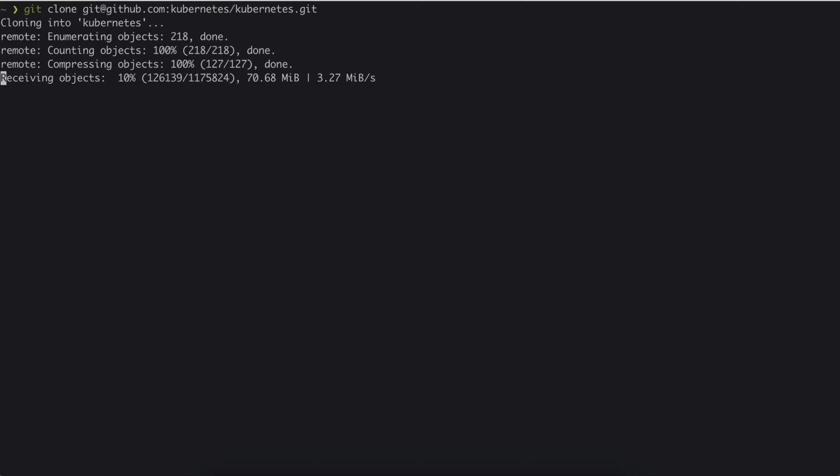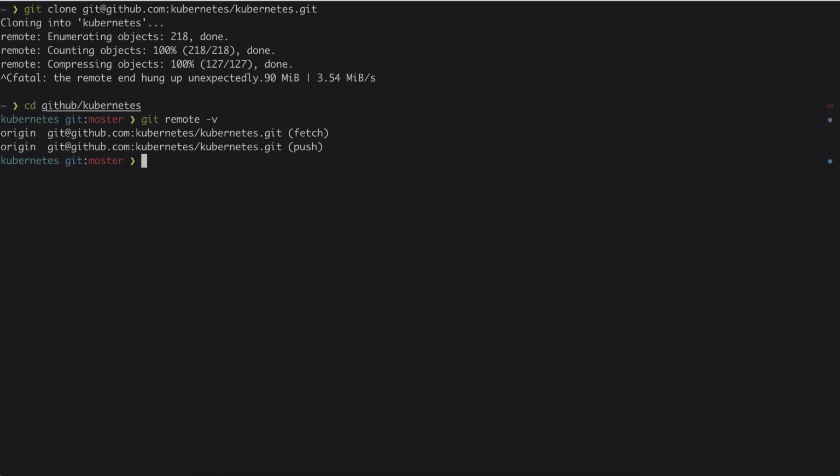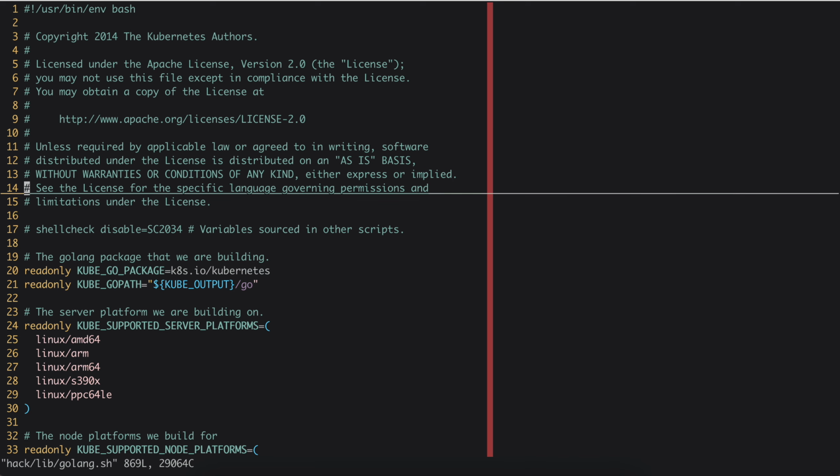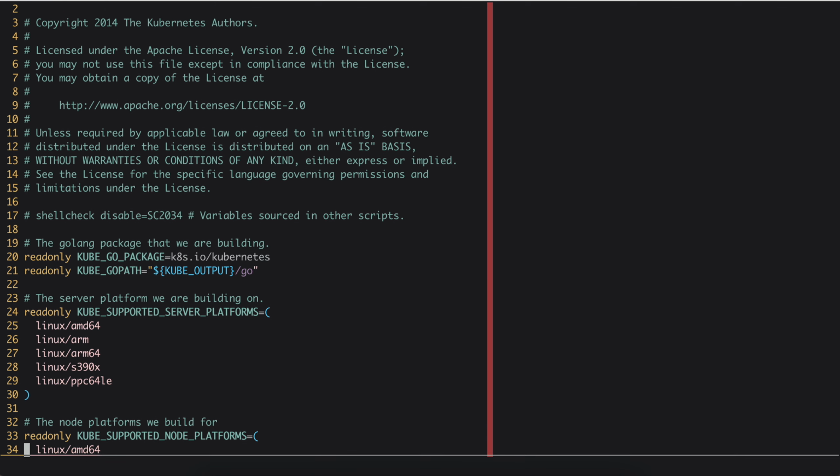This one is probably going to take a while, but I already have a repo cloned, as you can probably tell. So let's see, we have cloned this repo, and eventually we need to go to some file called hack/lib/golang.sh. If you go here, this is a shell script which has all the supported platforms